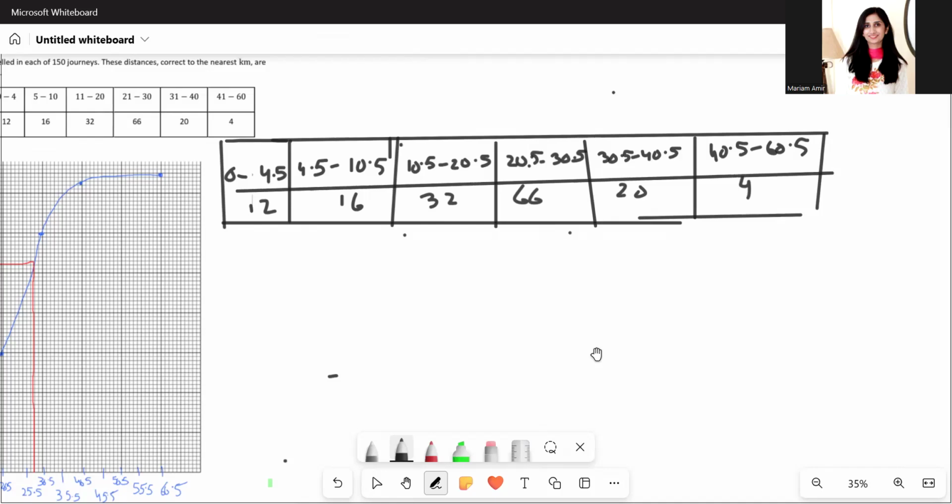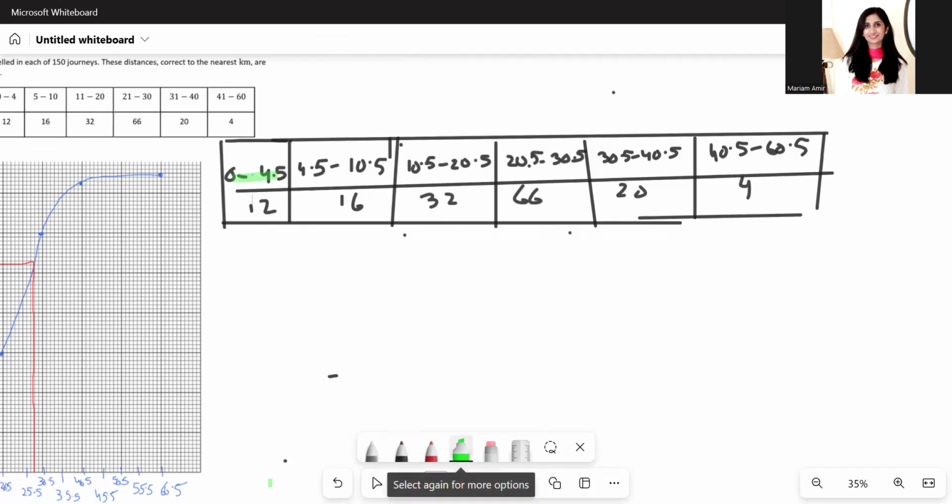It's 2.25. So find the middle of these two, 2.25 into 12 plus what's the middle of these two? Add them, divide it with 2. We will get 7.5